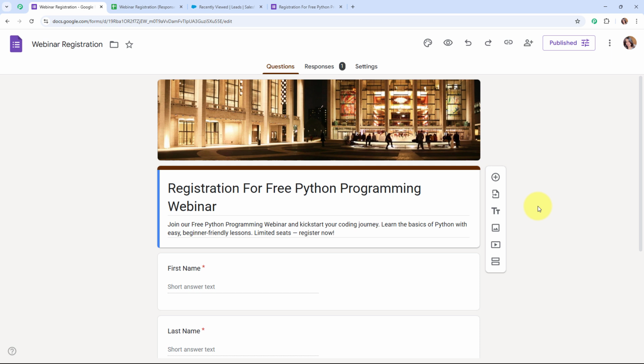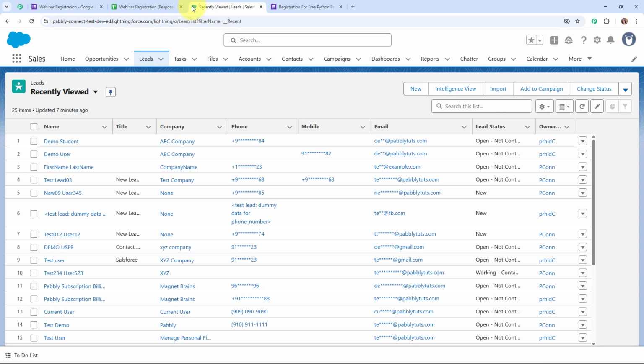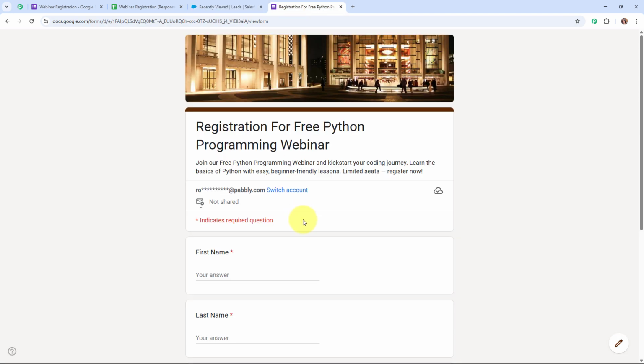Alright, so here on the screen you can see my Google form, and my objective is, as soon as I receive a new form submission through my Google Forms, then automatically using the details, a new lead for the same should be created in my Salesforce account under the leads section. So now I've already built an automation where I've connected my Google Forms with my Salesforce account using an automation software. And firstly in this video we are going to see the working of this amazing automation by simply making a form submission over here.